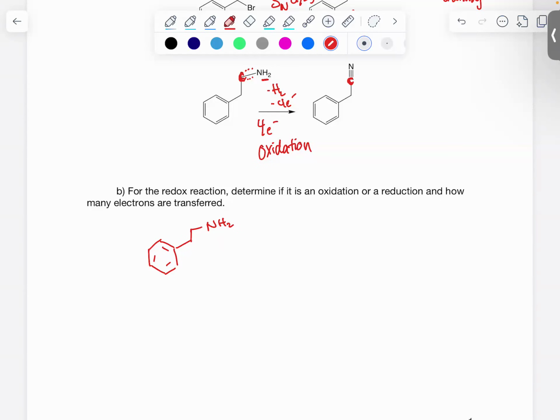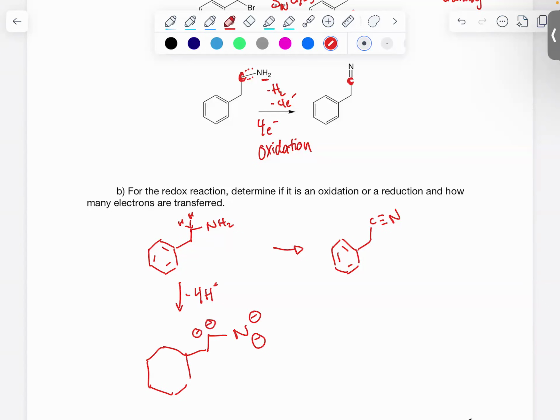And we know that in order to get to our ending material, we're going to have to lose those 4 protons. So if we draw first the loss of those protons, we end up